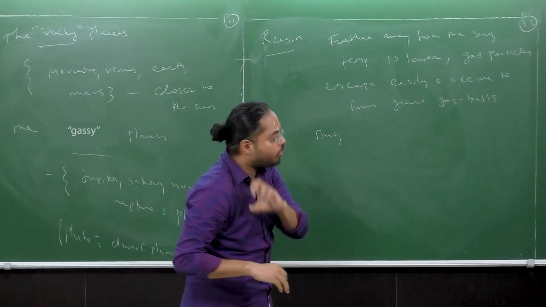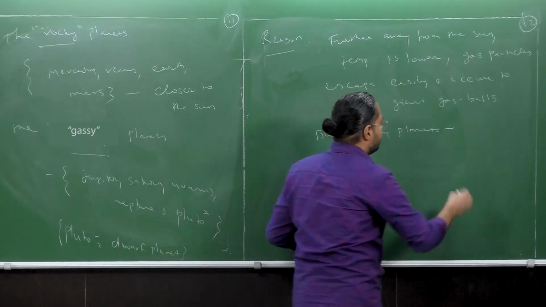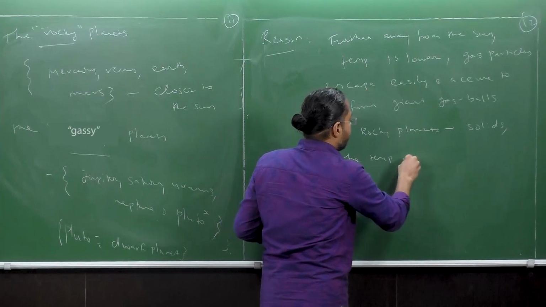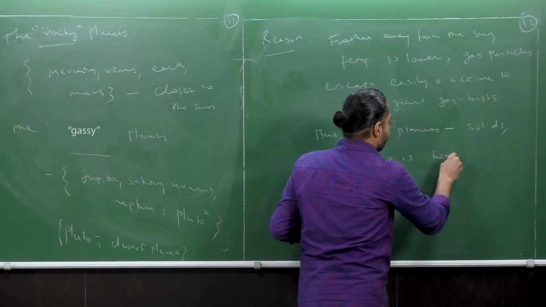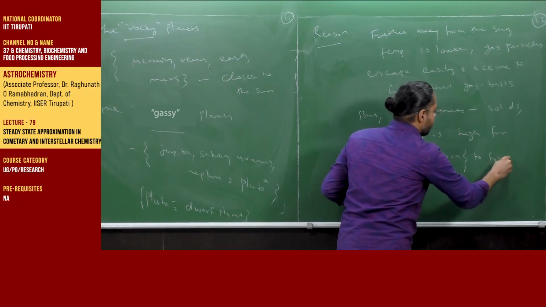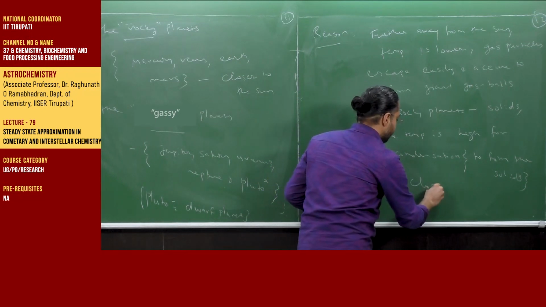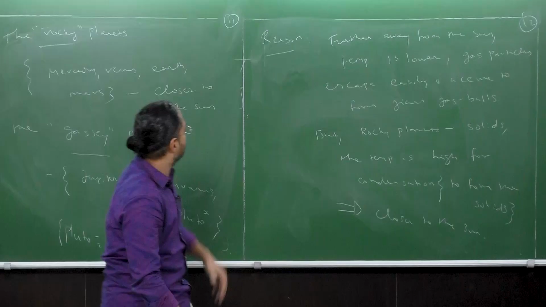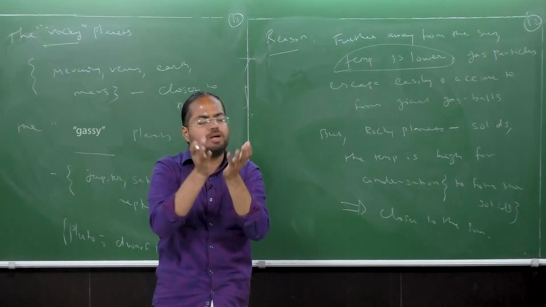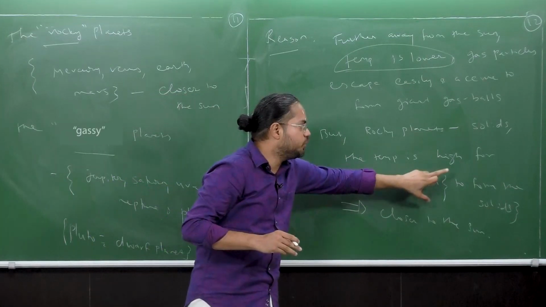the rocky planets, they contain solid structures. But the rocky planets, with containing a significant solid state structure, right? The temperature is sufficiently high for condensation to form the solids. So that implies why they are closer to the sun. Okay, so basically there are two types of planets, the rocky ones and the gassy ones. The gases just escape away. So they escape and then they keep accruing masses as more and more build up. And so therefore they continue to stay away. Whereas the rocky planets, enough temperature was reached for the formation of solids, and hence they are much closer to